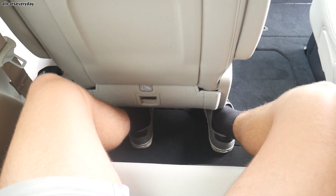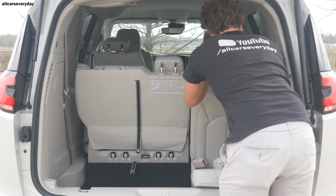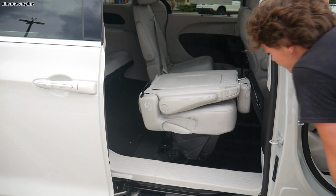It's less restricted than in other vans. Folding the third row is easy with a strap at the bottom of the seat. They go backwards into the floor. Like mentioned previously, the Chrysler can fold its second row into the floor as well, whereas you have to remove those seats from the van manually in the Odyssey and fold them up against the front seat in the Sedona